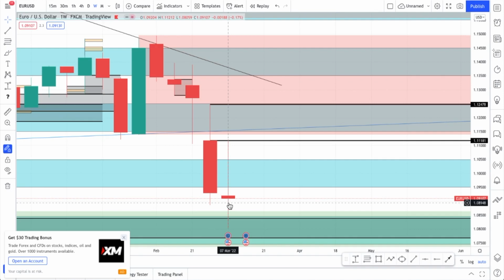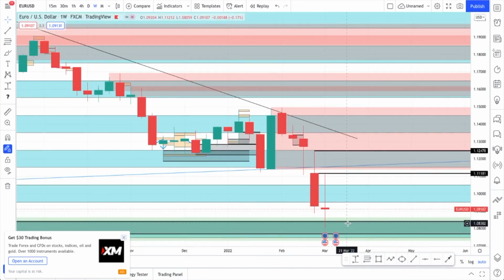However, this is not to say that I wouldn't be looking for potential long entries down here. All I'm looking for is a fundamental catalyst which would involve changing this political risk or monetary policy, if I might say, which would favor the euro or be against the dollar, if I could say.